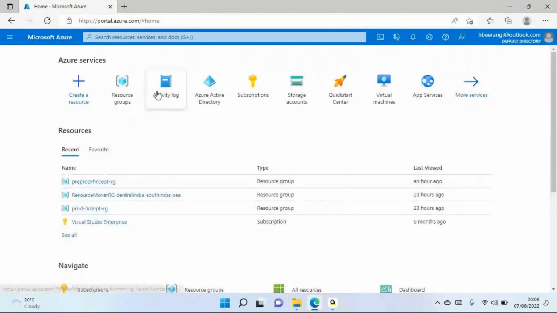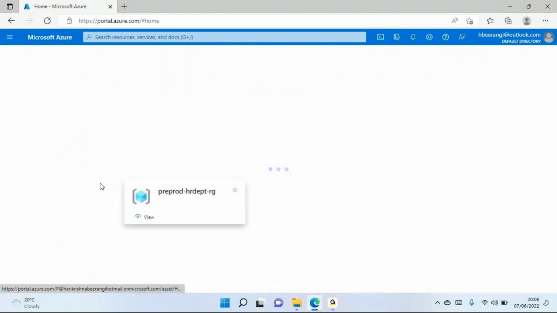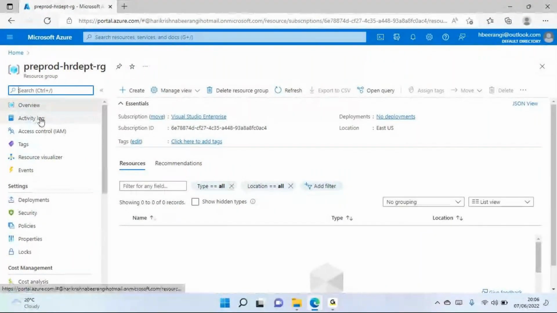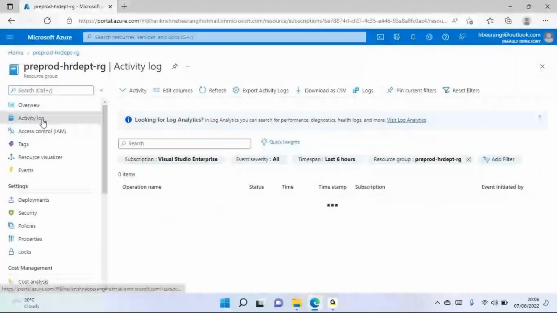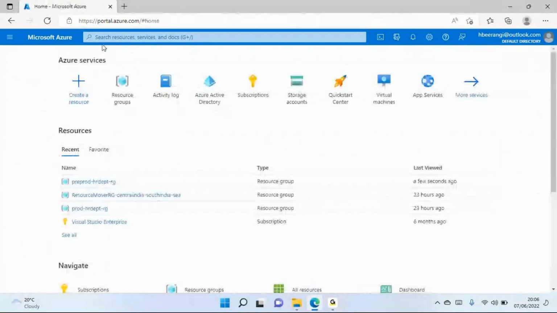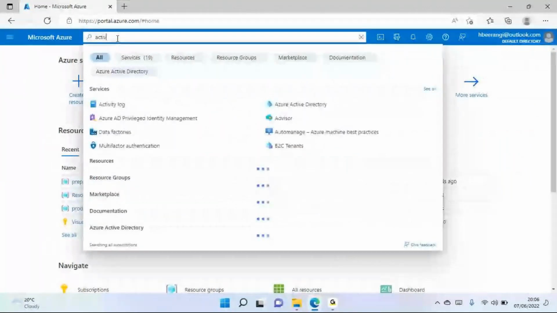Right. So if I want to see the activity logs for the entire subscription, so we know how to see activity logs for each and every resource group, and by clicking on that resource group, you can choose this section. But if you want to see the entire subscription level activity logs, I can directly go here and search for activity log,